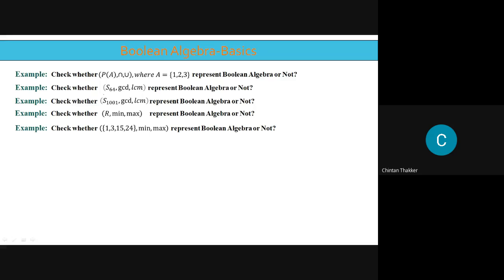Now for the first one, here we first have to prove all 6 properties. Okay, so here the first property, the commutative property, for P of A, we have here